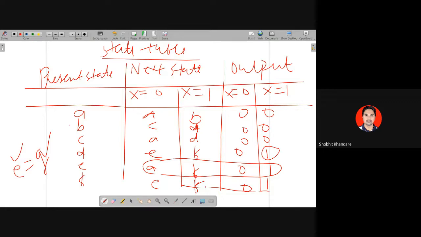After this, again you have to see which 2 states are repeating. D and F. Now see, you will see D and F. Again I can go with the reduction of the state. So can I say in this I will remove state F? Yes, you can remove state F, and you will replace F by D. Yes or no?